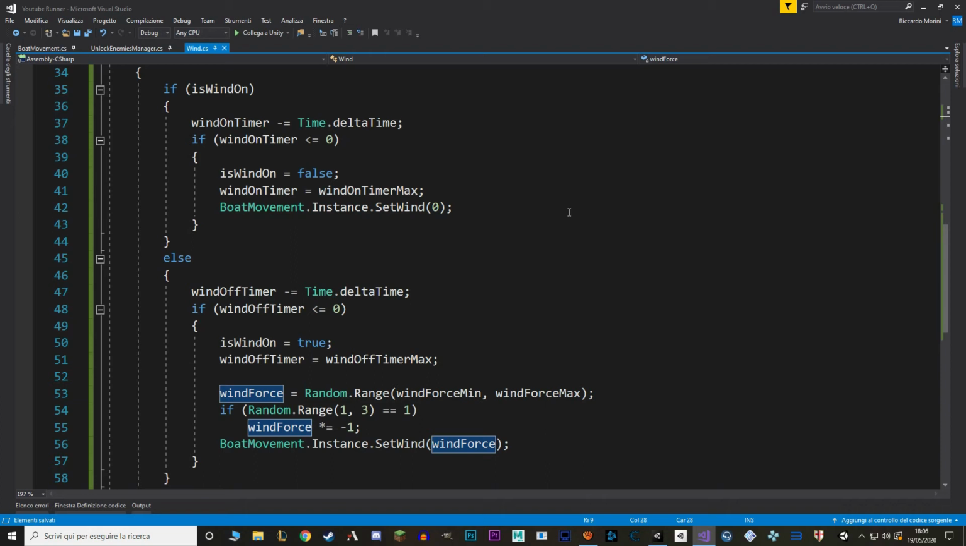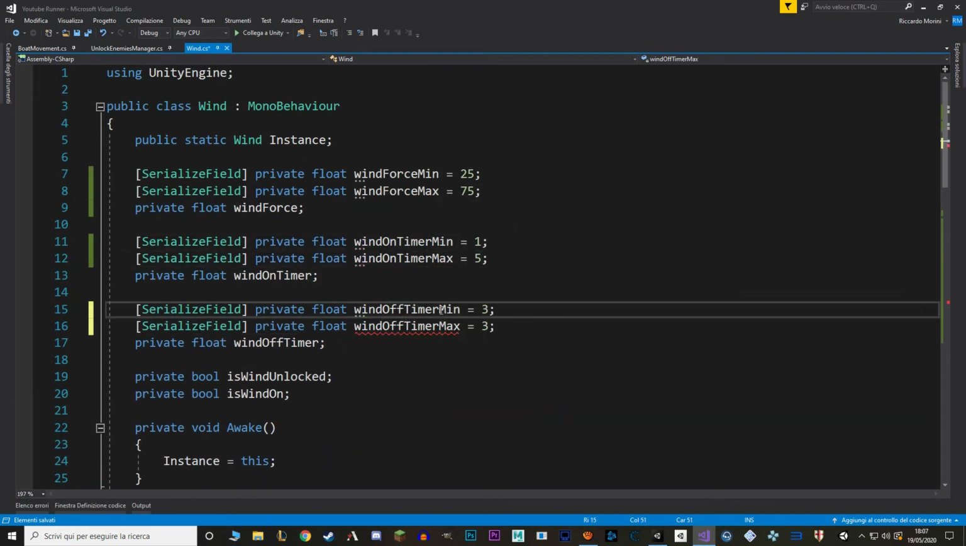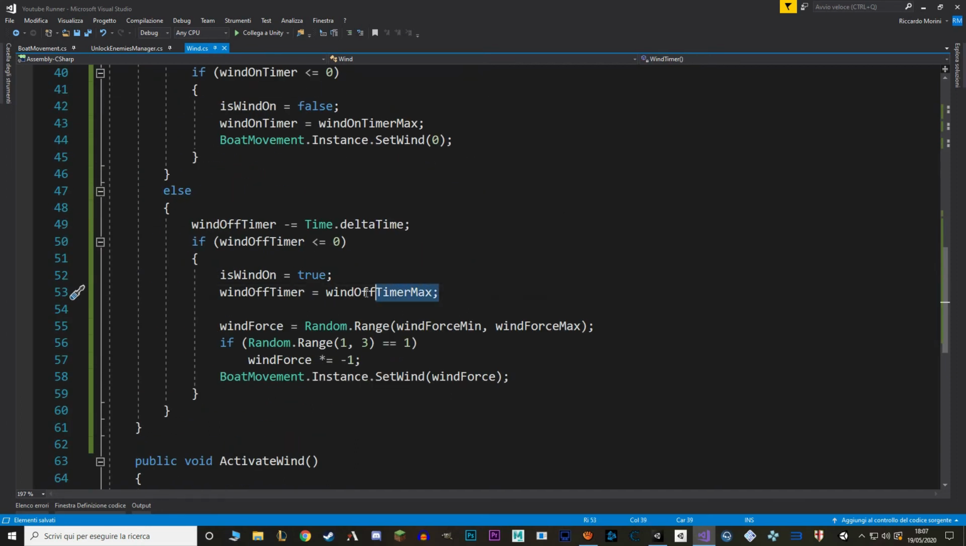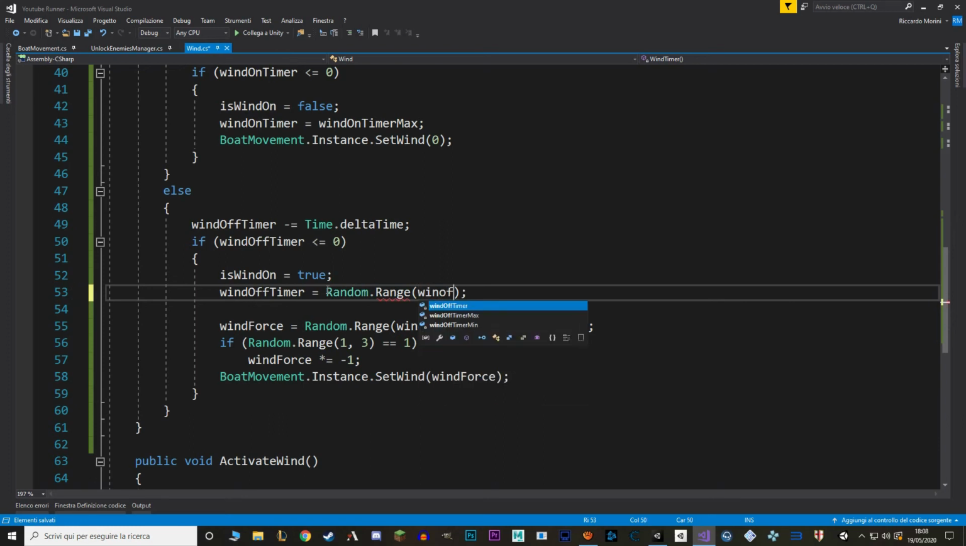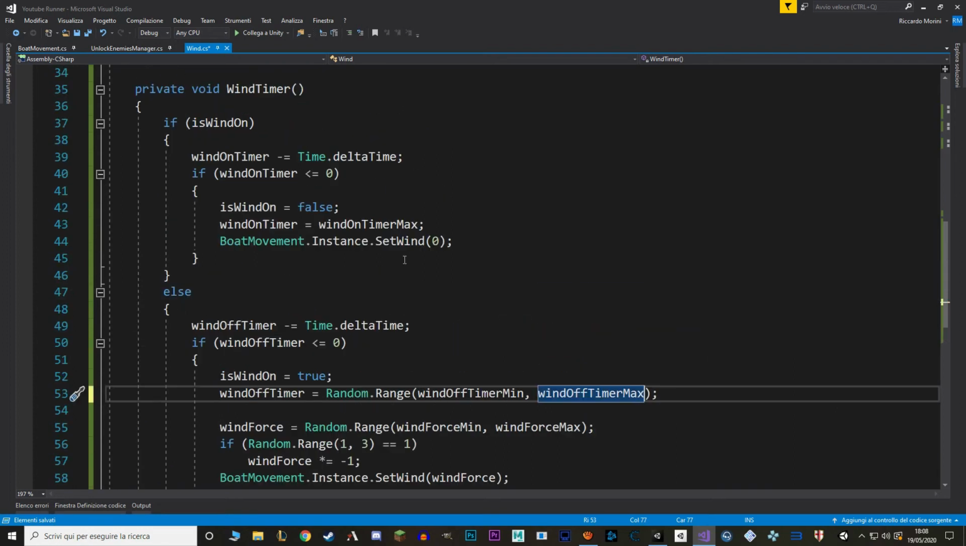I want to randomize how long the wind stays on and how long it stays off. So instead of just setting the values to their maximum, we create two new values for minimum and maximum amount of time to wait. Great, now let's actually use them. So in here we say random range, and we pick from windOffTimerMin and windOffTimerMax. And in here,